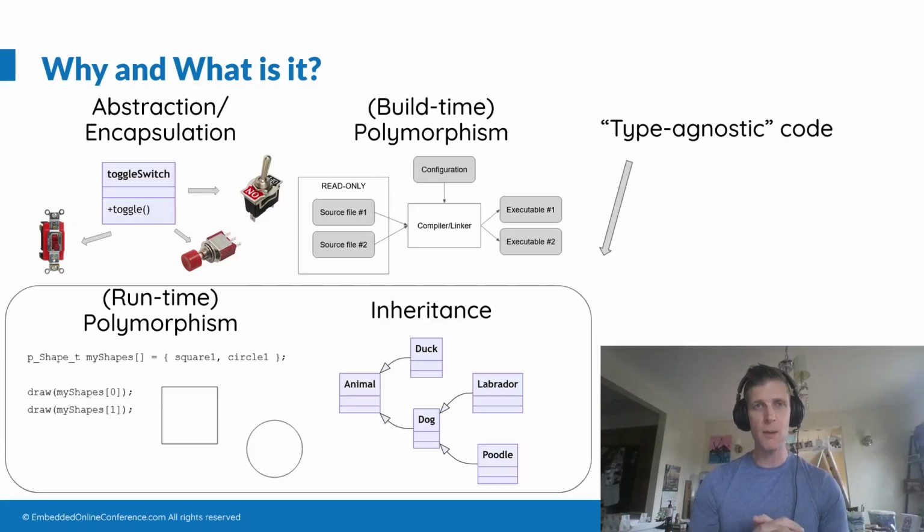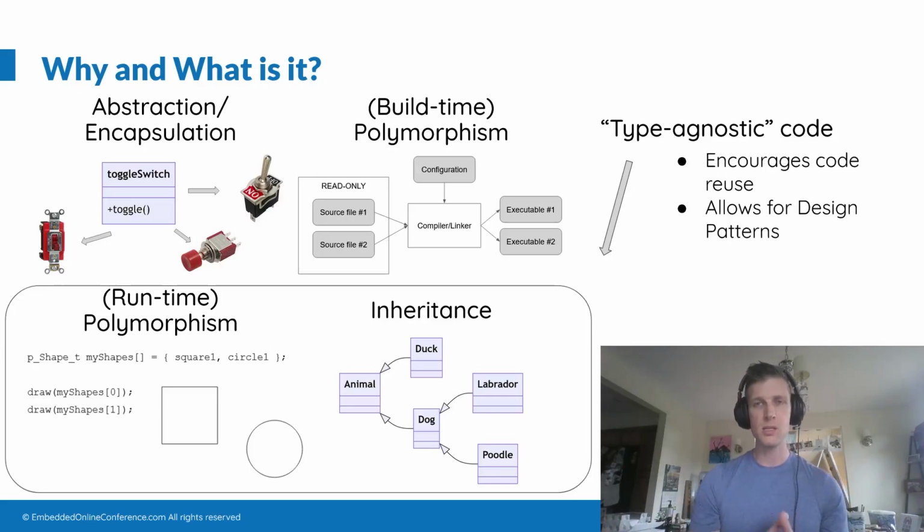The two at the bottom, in my own terms, I would consider as enabling type agnostic code. That means that, more so than the two up top, runtime polymorphism and inheritance allow us to write code which truly does not know the specific type of object being operated on. And this encourages code reuse,